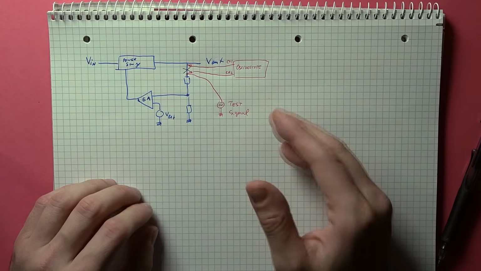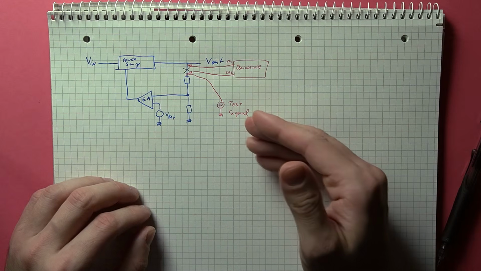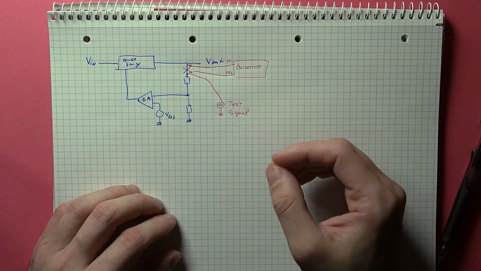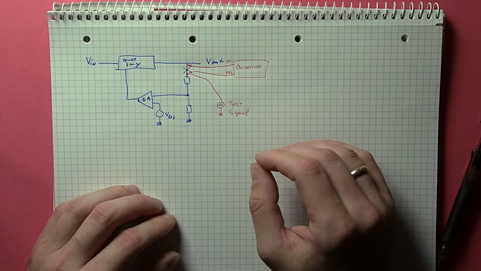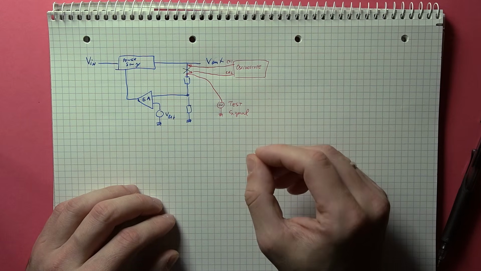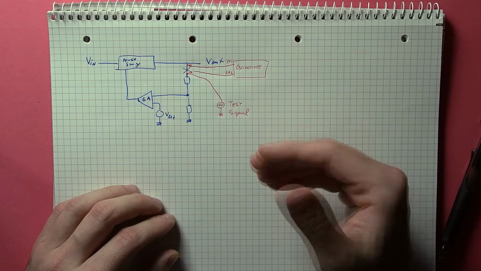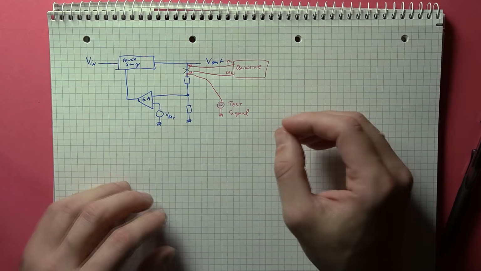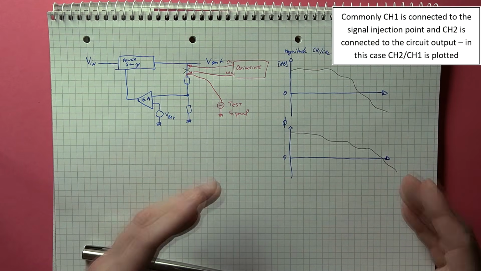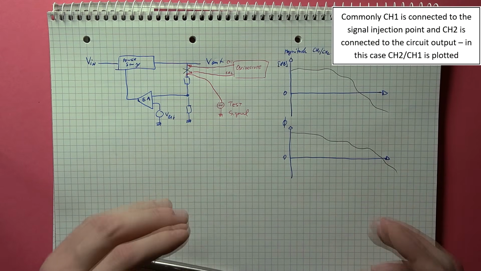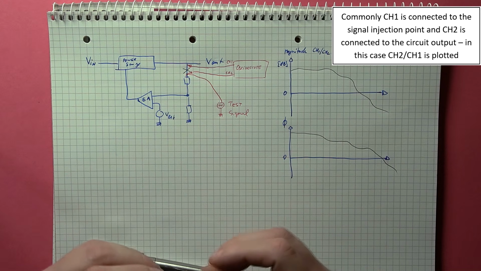What you're looking for is the reaction magnitude of the system, how strong of a reaction the circuit provides, as well as the time delay between the moment when the signal is injected and when the response appears. And this is recorded as a phase shift. So in essence, you will end up creating a Bode plot